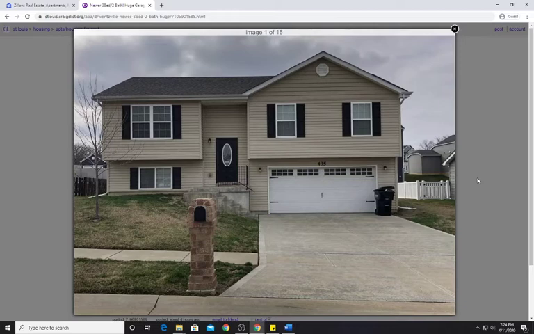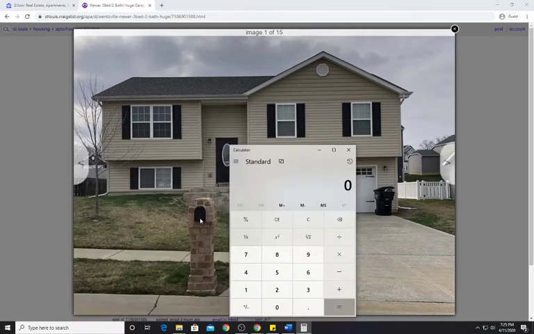And when it says 1600 a month, I do want to emphasize that you will have to pay 1600 a month for this house, but you will have to make sure that you make at least 3 times the rent. That is something I found when it came to renting an apartment, and also through some of the housing listings I saw. So let's bring up the calculator to see how much that is. Okay, so here we go. 1600, 3 times that, bam,